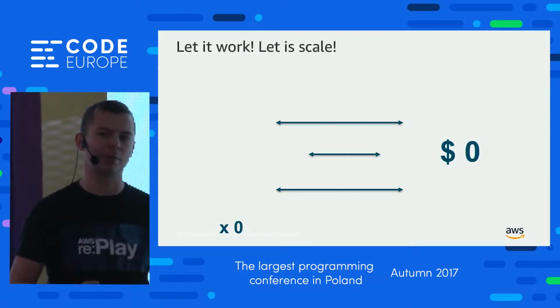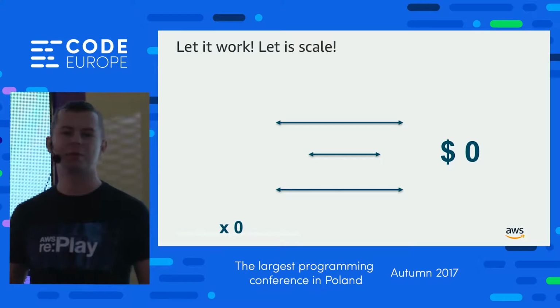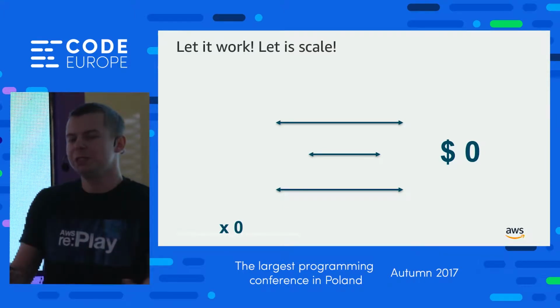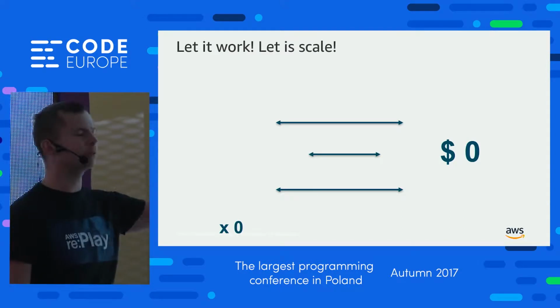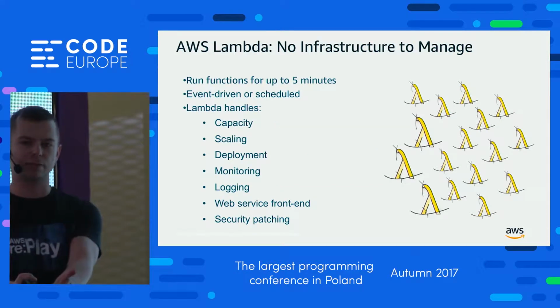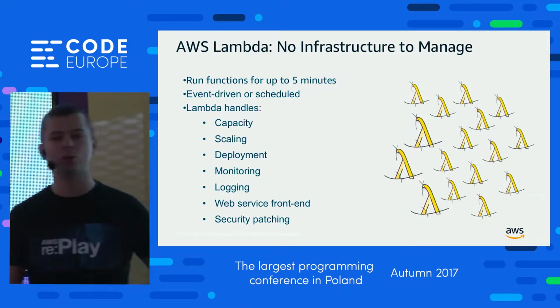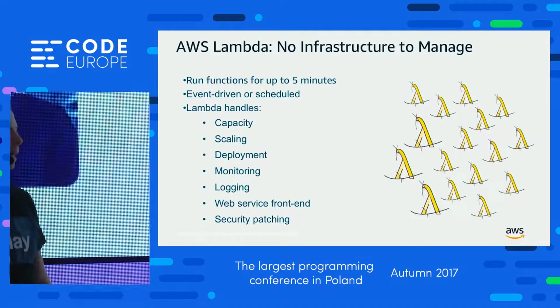And this is the coolest thing about this, because if we have a server, maybe it doesn't do anything, maybe nobody uses the server, but if it's there, you need to pay for it. There are also other things done by AWS, because we don't have access to servers, we don't see the infrastructure: scaling, deployment, monitoring, and so on. Those are things which will be done by AWS.